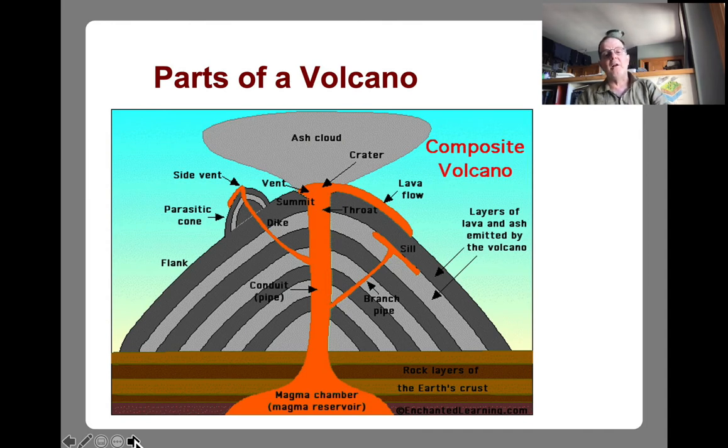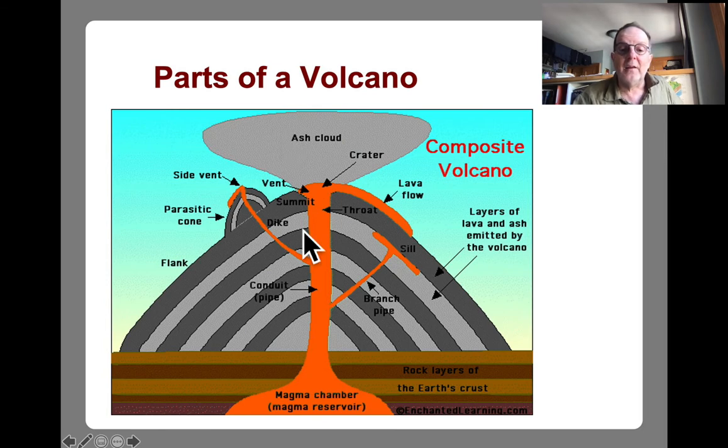Let's do the parts of a volcano. So the magma chamber is the source of all. It melts through layers of the Earth's crust, then pushes up with enough pressure, particularly if the conduit, the neck, is blocked at times by rock or lava that freezes up here. You can build up pressure, which then can release or cause an explosive